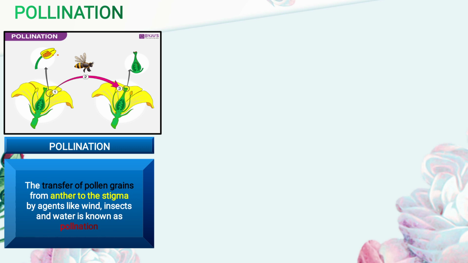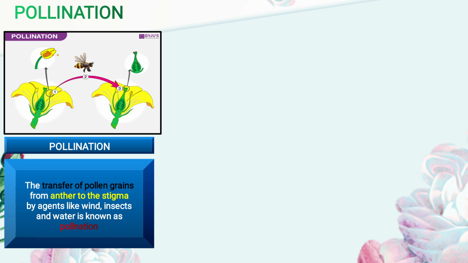The honey bee, second number, the bee is mentioned. The honey bee will transfer this pollen from the anther to the stigma. So this process, the transfer of pollen grain from anther to stigma, is called pollination. This is done by an agent. Anyone will take this pollen grain to another flower or the same flower. Who will take it? The wind will take it, or the insect. You see here the honeybee is carrying away the pollen.